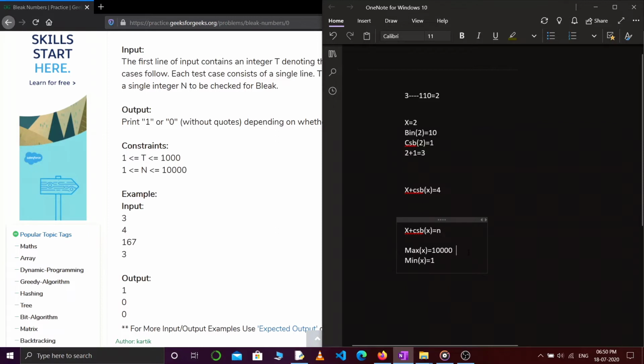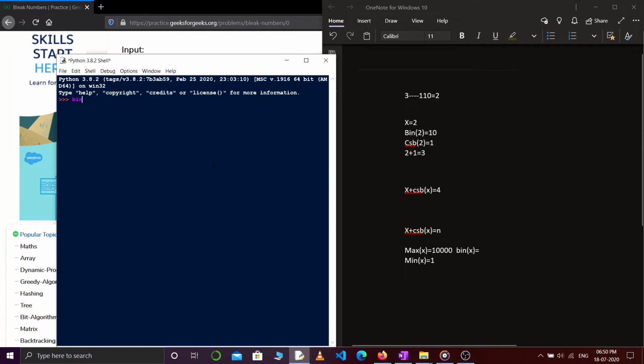If the value of x is 10,000, then what is the binary representation of x? Let's calculate the binary representation of 10,000. If we check the length of this number, we'll see it's 14.